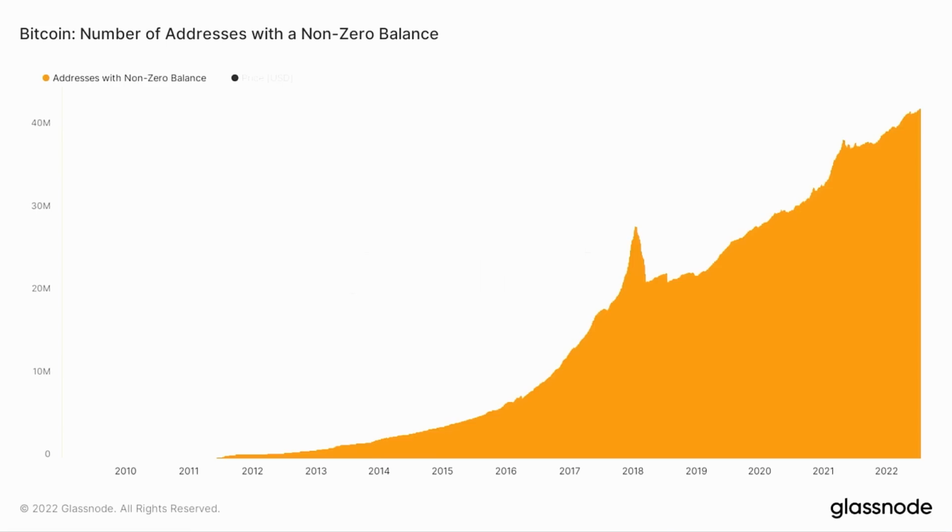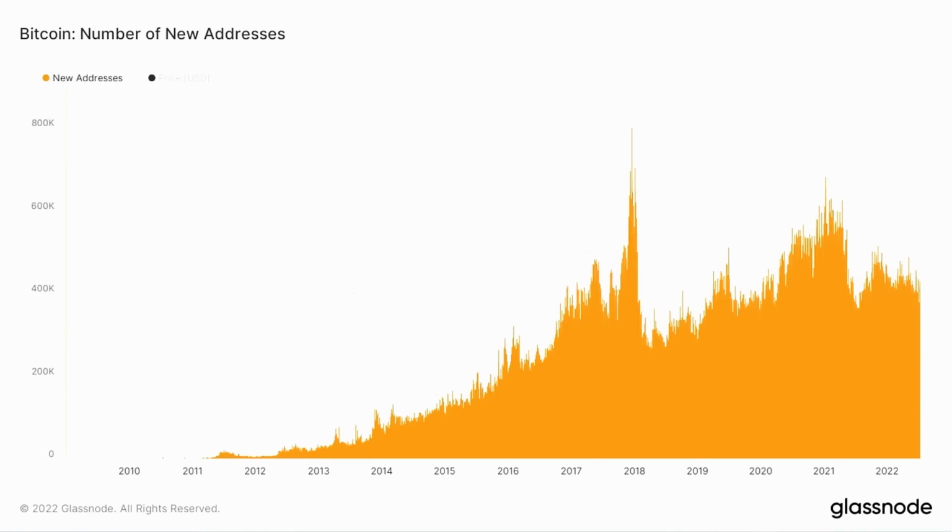So Bitcoin is a network. One of the things I look at is the number of addresses with a non-zero balance. Despite all of the crap going on, look what's happened. Bitcoin is still growing from a grassroots perspective. This is exactly what you want to see. So it's definitely not going to die. It's still growing. Number of new addresses, if I could hover my mouse, it's roughly 400,000 new wallets every single day being created. Now, it doesn't mean 400,000 new people a day, but if you divide it by 4, that's not a bad shout. So that means there's roughly 100,000 people a day joining crypto for the very first time.